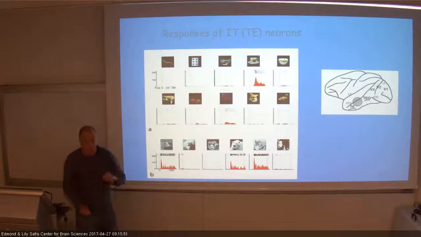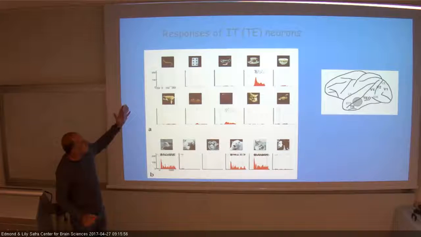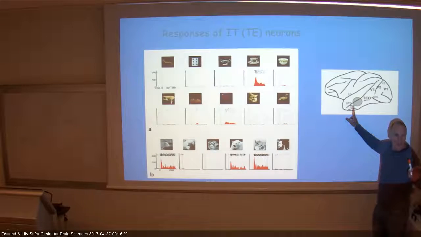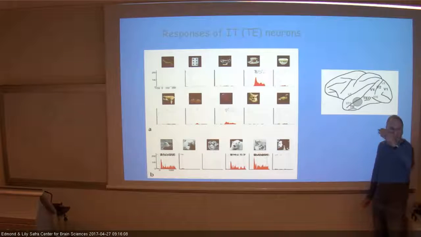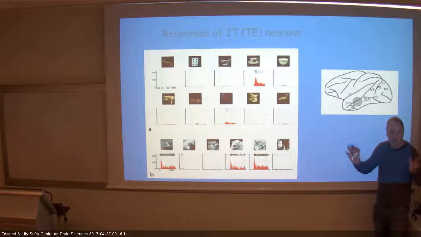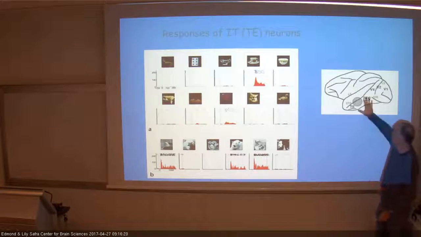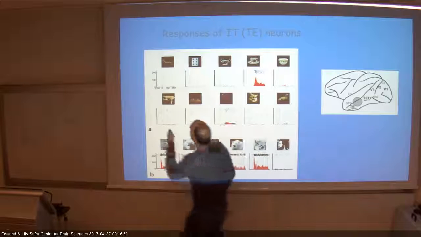And since I promised that I will finish in 50 minutes, I have 2 more minutes. That's just to give you an idea. Here's a neuron that you record from IT, deep in the ventral stream. And just to make things complicated, some people call this TEO and TE, and others call this posterior, central, and anterior IT. It's the same areas, just different people have planted their flag on the Everest and called it a different name. So don't mistake the same areas we're talking about, posterior and anterior IT, for TEO and TE. So here's one example of a neuron which is recorded here